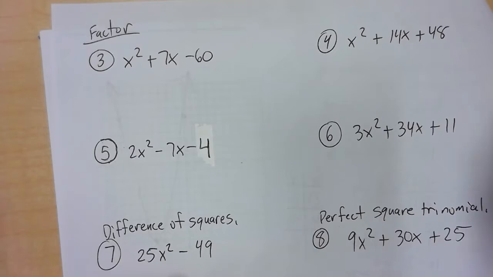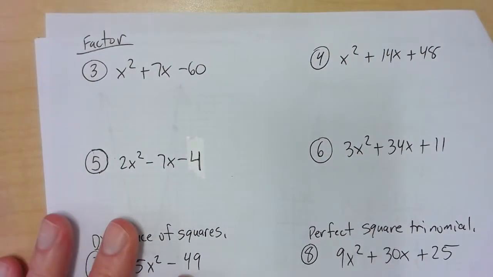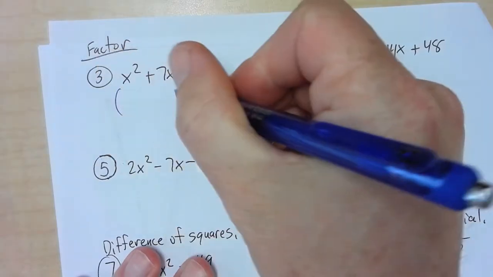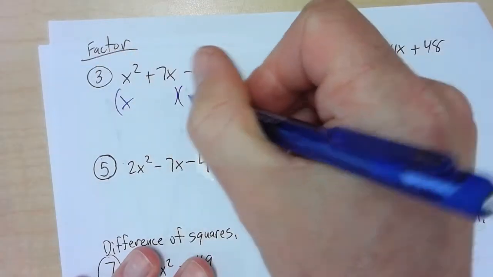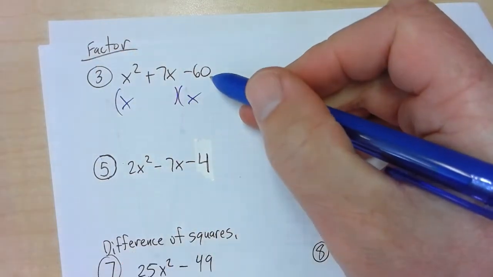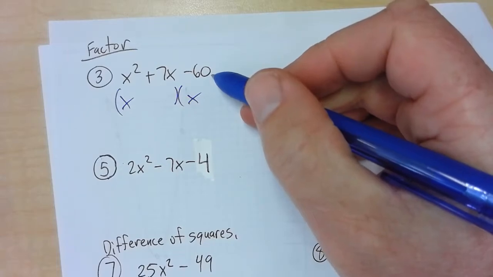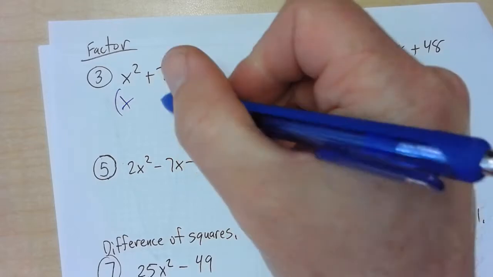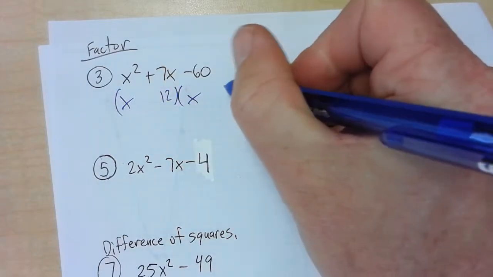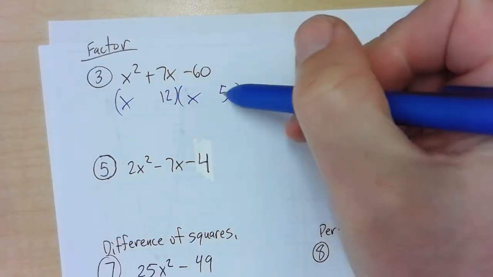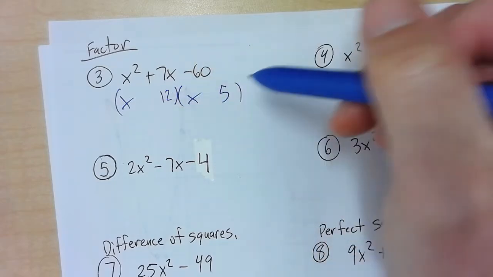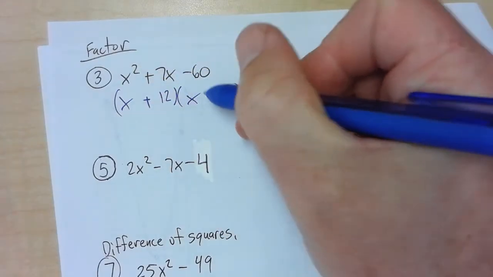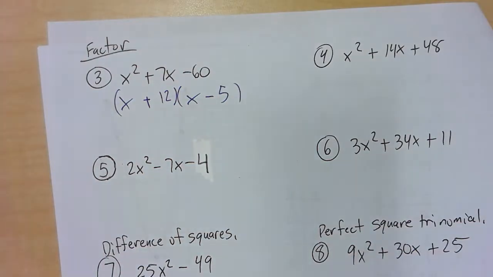Okay, so 2 sets of parentheses, put an X in each. So I'm going to make your 2 sets of parentheses, X and X. Now you have to think about ways to make 60, and there's lots of ways to make 60, but the one that comes to mind to make the 7 would be if they differ by 7. So 12 and 5 make 60, 5 times 12. And then this needs to be positive, and this needs to be negative, because 12 minus 5 makes the 7